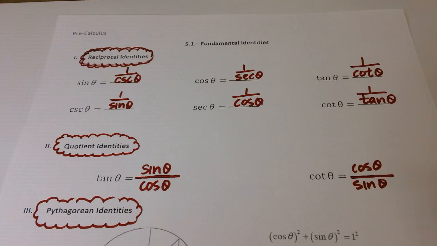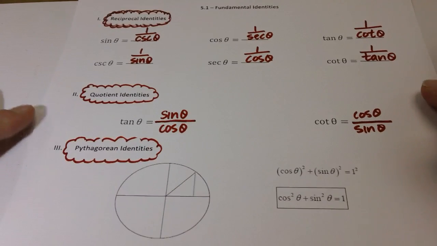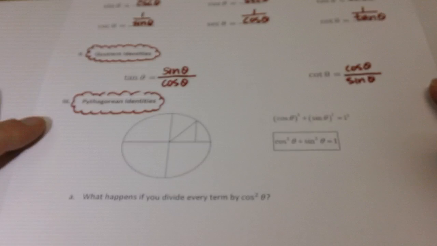The next one is the Pythagorean identities. These ones are not the most important, but they're the ones that you'll probably use the most out of all of these. Okay, so the Pythagorean identities, as this is focusing,